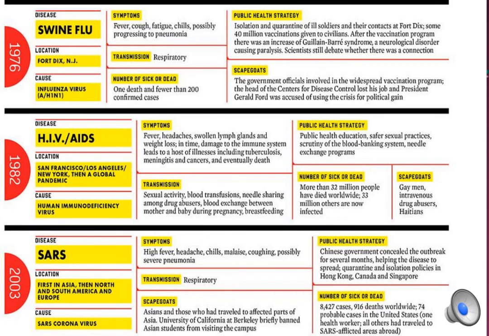1976, the swine flu epidemic, which really never quite took off. Nonetheless, the vaccination program, which was initiated to prevent that epidemic from taking place, was a bit of a disaster for the CDC. 1982, depending how you date it, HIV/AIDS started to become very common in the United States. 2003, SARS, which is caused by a coronavirus, and I'll talk a little bit about that, I think, in another lecture.